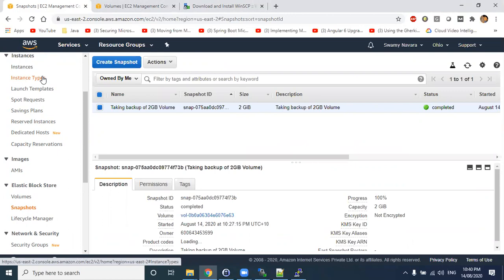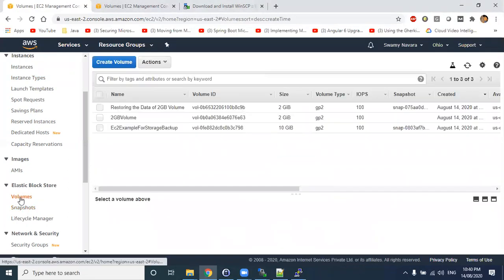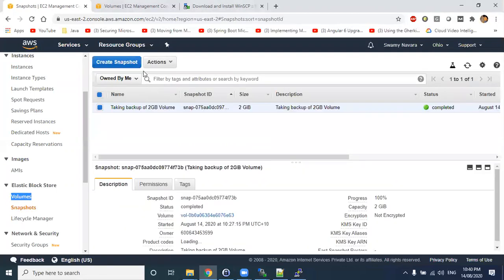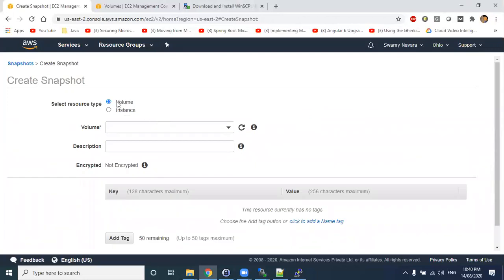I mean, are there different kinds of snapshots available? Because for RDS also there will be snapshots, right? Those are different from this. This is a snapshot of your volume. You are attaching some storage to your server, you are taking a backup of your storage and restoring the backup of your storage. Snapshot is nothing but backup, just keep in mind, it's a thumb rule. You are taking a snapshot of the volume, means for the additional storage you have attached to your EC2 machine.